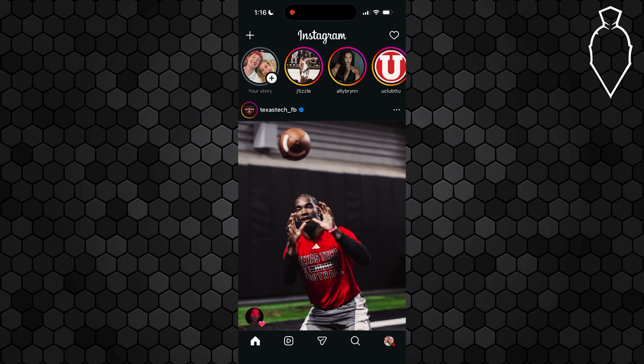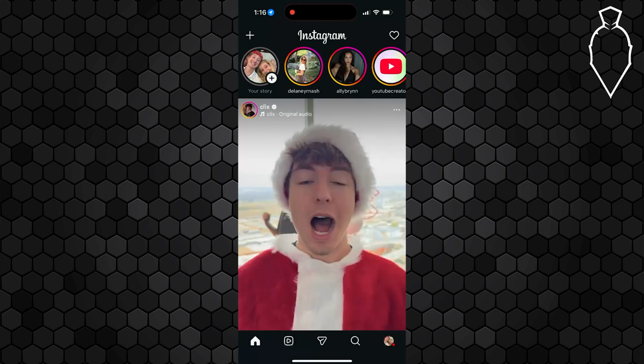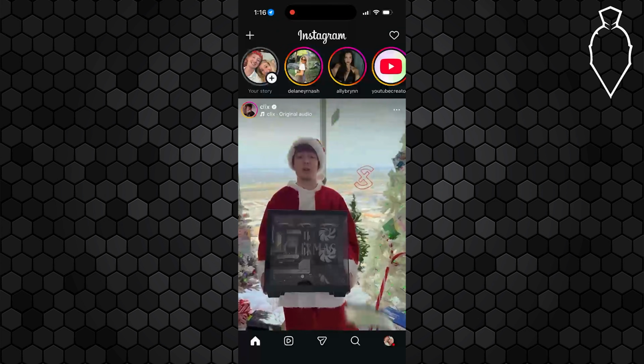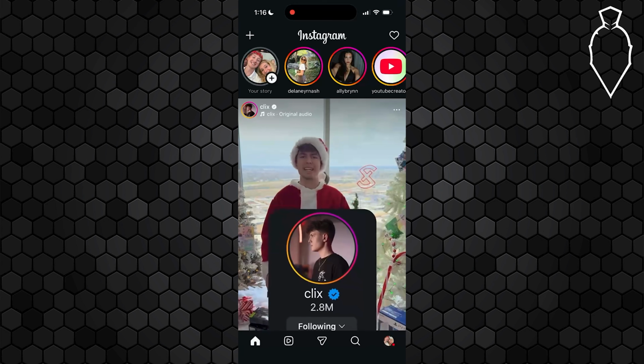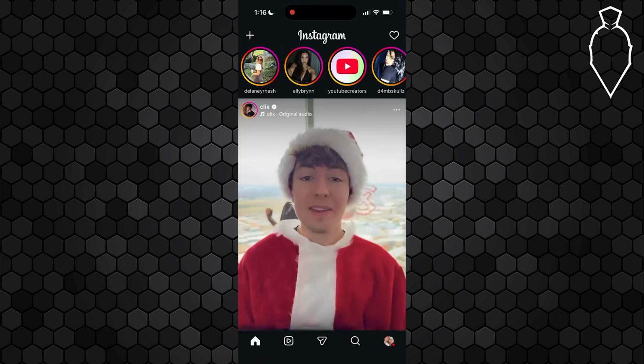But starting off, if Instagram is already open, go ahead and begin by just exiting it by swiping up and completely closing the app. This is going to clear any temporary glitches that can stop stories from loading. If you load back into it and stories still aren't loading for you,